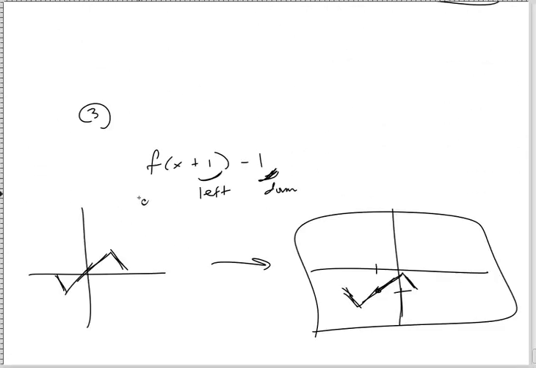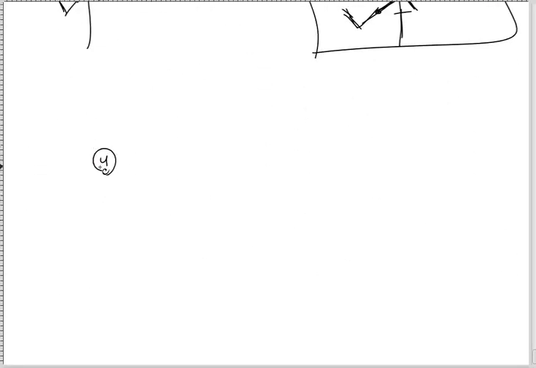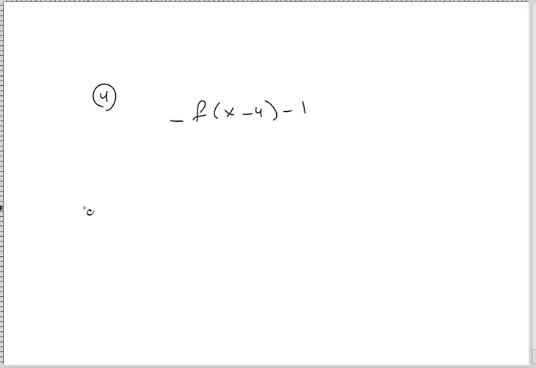So, I don't want to do every single one of these homework problems with you, but I think it's good to see what's going on. Here's a more difficult one. Number 4, I've got negative f of x minus 4 minus 1, and my original f